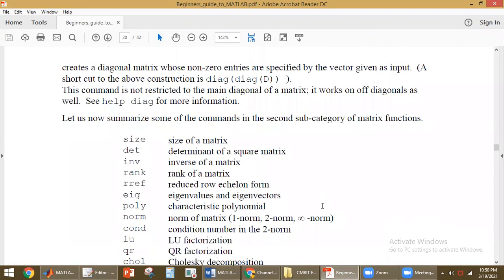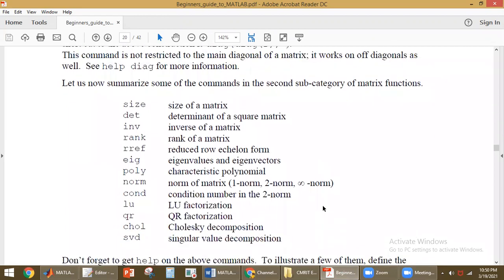Other matrix functions we can use here are size, determinant, inverse, rank, reduced row echelon form, eigenvalues, eigenvectors. poly will give you the characteristic polynomial, norm will give you the norm of a matrix, and cond gives the condition number in the two norm.